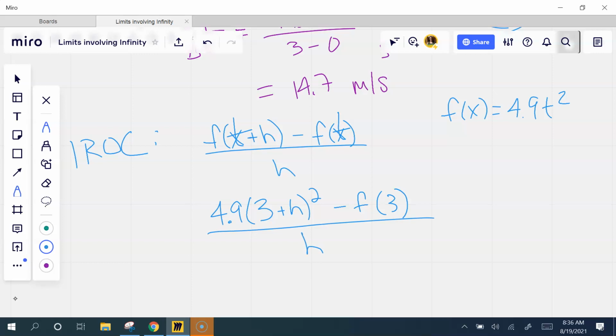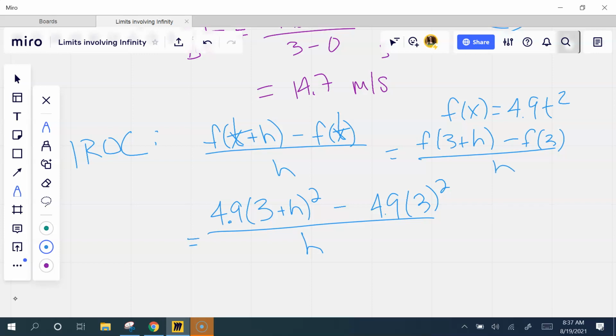All right, so depending on, go ahead. You square the second one too. This is the formula. So the formula is always squared? I put 3 in for t, so what I did was, really, f of 3 plus h minus f of 3 over h. That's how I got to that. From the beginning formula?